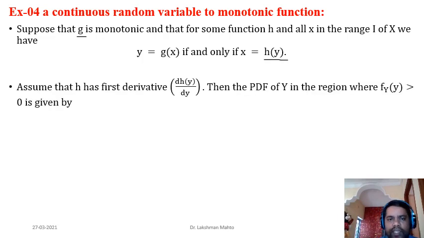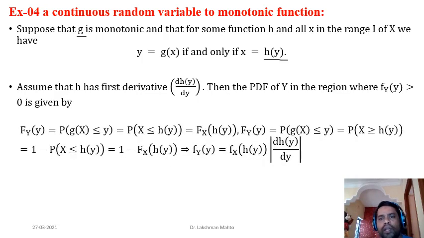So if the transformation function is monotonic in nature, directly apply the Jacobian approach to find the PDF of the derived random variable. I have already written that approach here. In the monotonically increasing case the Jacobian would be positive, and in the monotonically decreasing case it would be negative. To bring both together, I have taken the modulus here to neutralize the negative term. So directly apply the Jacobian measure: the density of x multiplied by the Jacobian of the transformation from x to y.